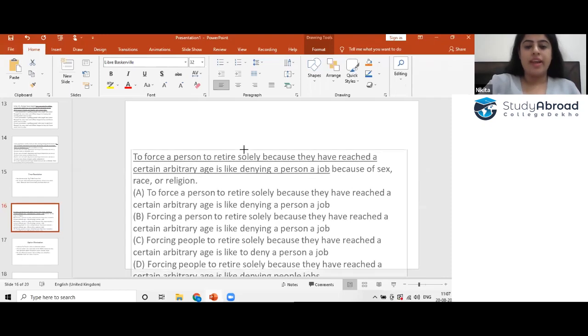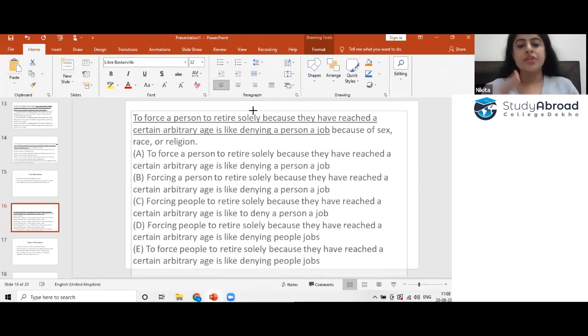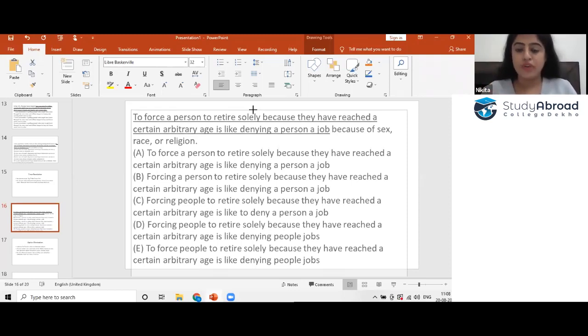Okay. So now let me tell you what is happening over here. If you get stuck on deciding between to force and forcing, the answer is not coming easy. But once you move further into your reading, you see that to retire is the common thing in all the five options: to retire, a person to retire, a person to retire, and so on. Now the concept of parallelism says that to force has to be followed with to retire. So to retire should have the backup of to force, which brings us to the point that forcing is the wrong word over here.